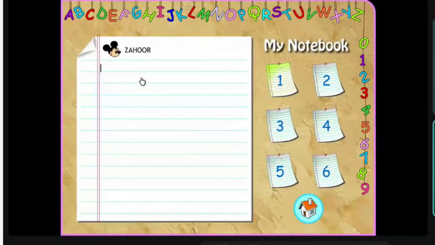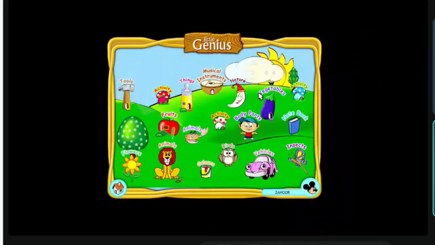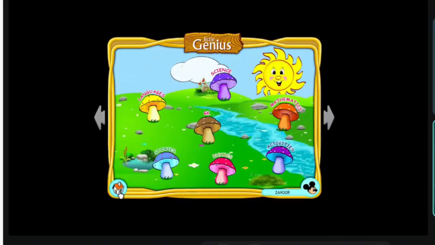Then there's a notebook where you can add anything, hundreds and hundreds of words. If you enter and register, you will have hundreds of pages to write whatever you want, questions or notes or something new. Many other things are also here. Then if you go to the other section,